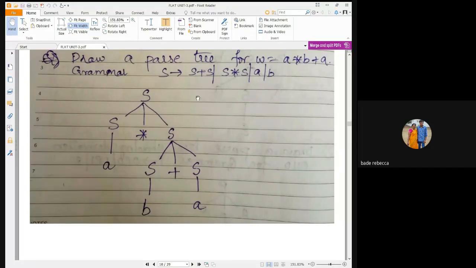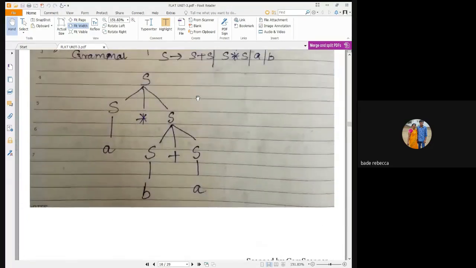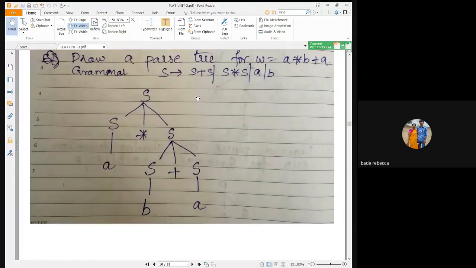Did everyone get this parse tree or any more parse trees for this grammar? Is it clear with this example? Students?